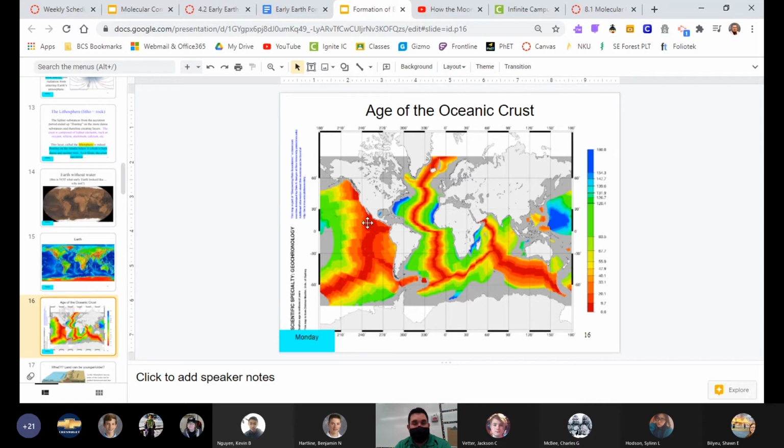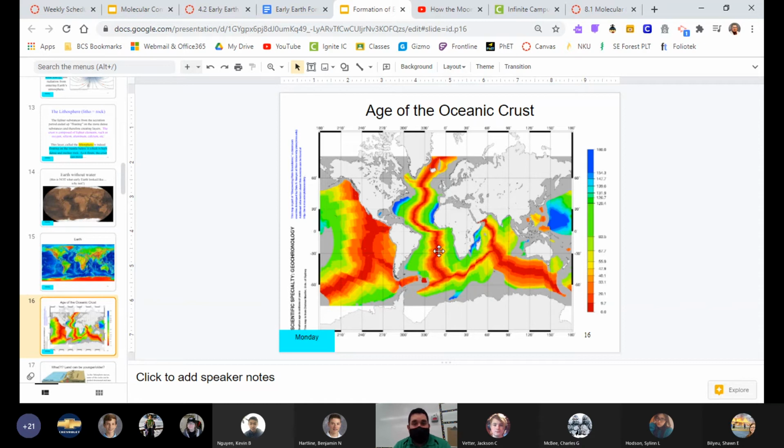Pretty much all in the ocean. You got maybe a little bit close to the borders here of the United States being super young. But almost all the land that's the youngest stuff is in the middle of the ocean. And that is because the land is moving away from each other. When they move away from each other, the magma comes up and it hardens and creates new land. Okay, so the new land is where the splitting is occurring.